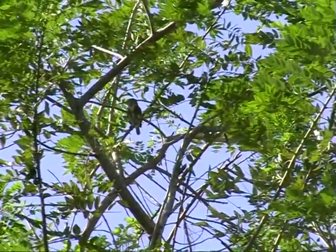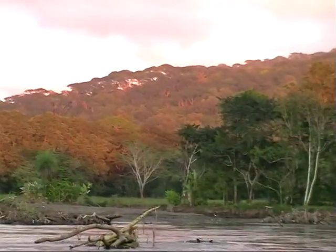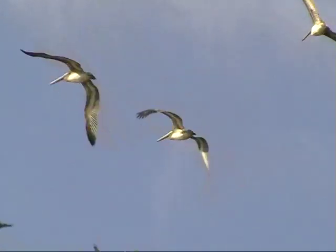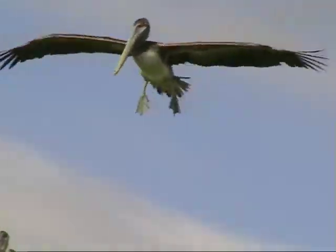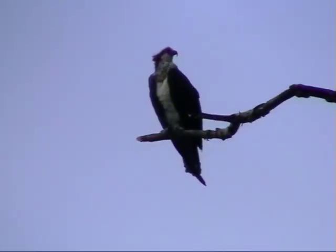The ferruginous pygmy owl has a very distinctive call. The final area, from river to sea, brings yet more species. Pelicans, cormorants, great blue heron, osprey,